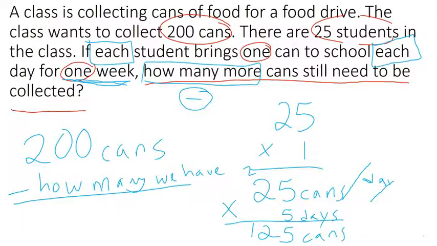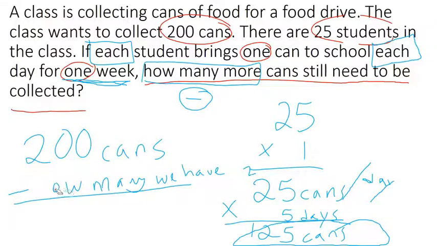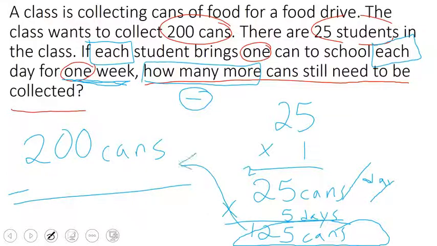So now we've solved how many cans do the students already have. They have 125, and we know they need 200. So now we can go ahead and solve the problem, answer our question. So I'm going to get rid of this because now we can fill in the actual number. They needed 200 cans. They have 125. So let's subtract,